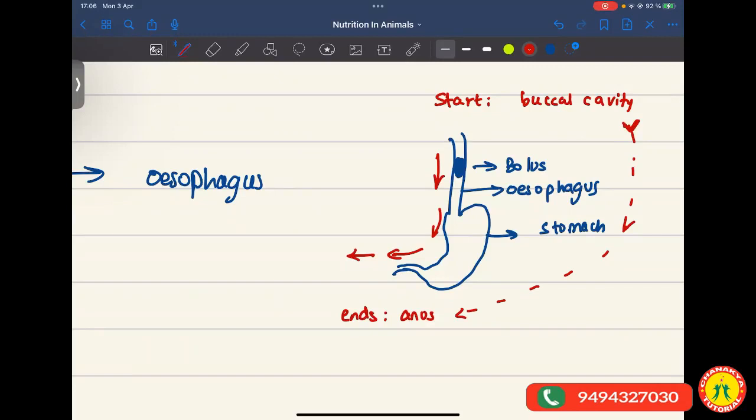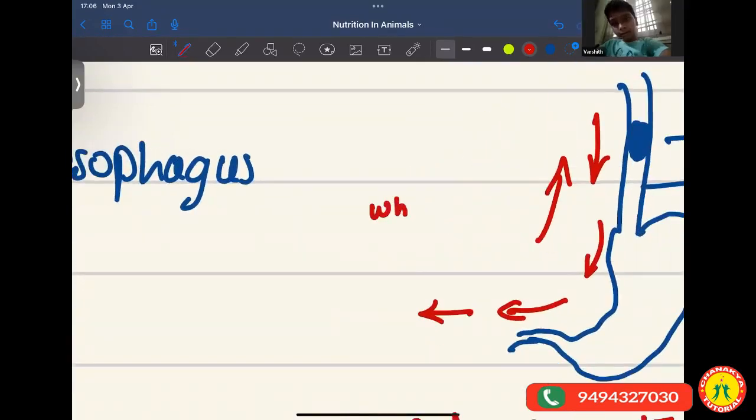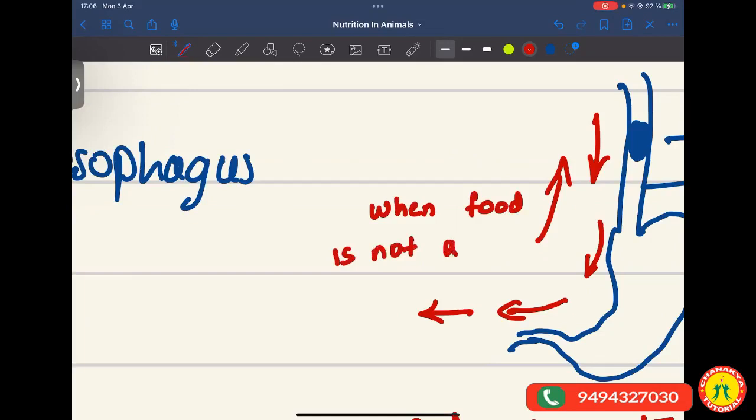Sometimes the food is not accepted by our stomach. So what happens if the food is not accepted by our stomach? What will happen with the food? It will come back. And when it comes back, what is it called? Vomiting. So when food is not accepted by our system,